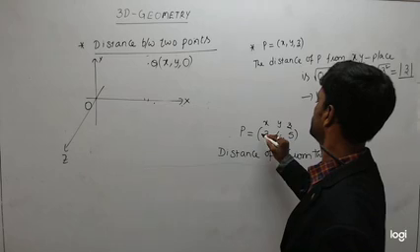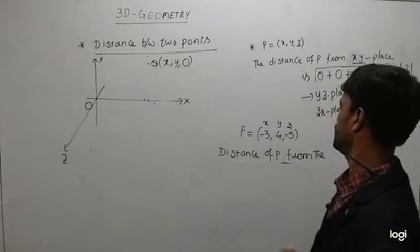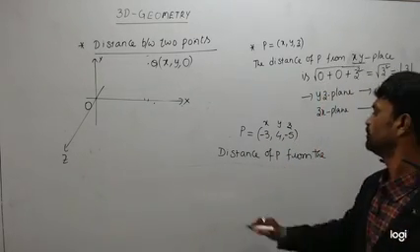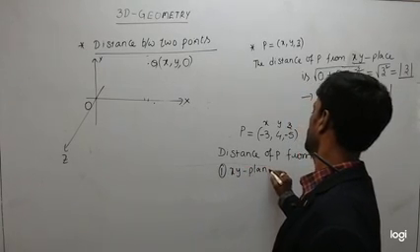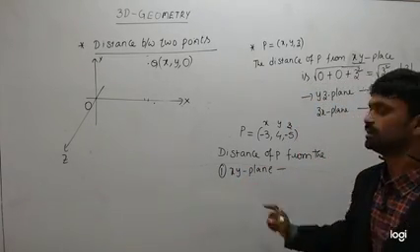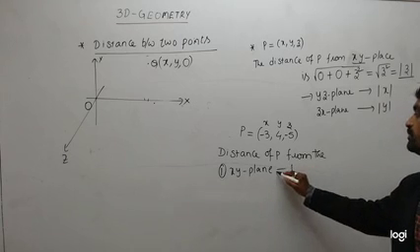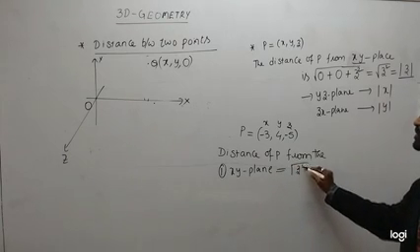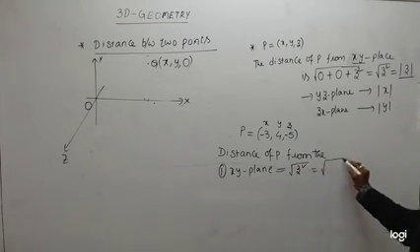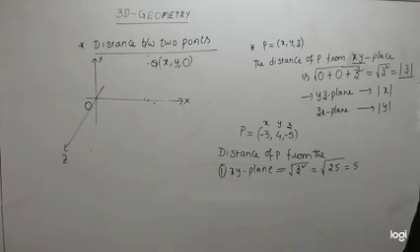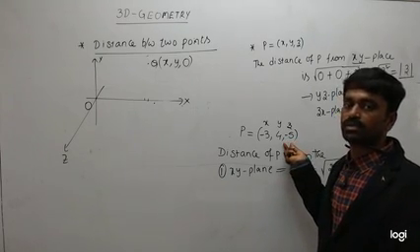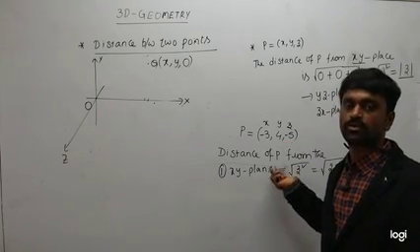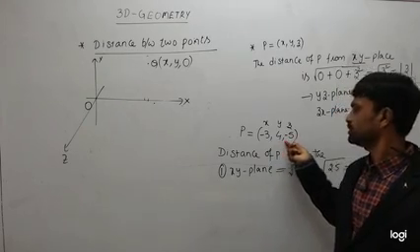Okay, so look at one example. Suppose the given point is (-3, 4, -5). So the distance of P from the xy plane. In x, y, z, which is missing here? z. So the answer is modulus of z, or you can remember square root of z square. Square root of z square is square root of 25, which is 5. Or directly, it is the z coordinate, which is -5. But distance should not be negative, so you have to take the absolute value. What is the absolute value of -5?